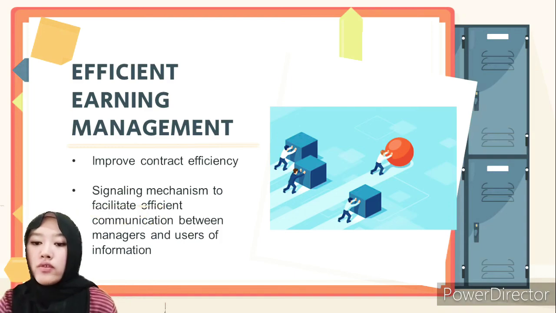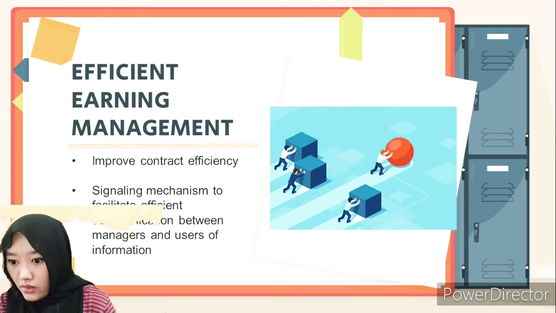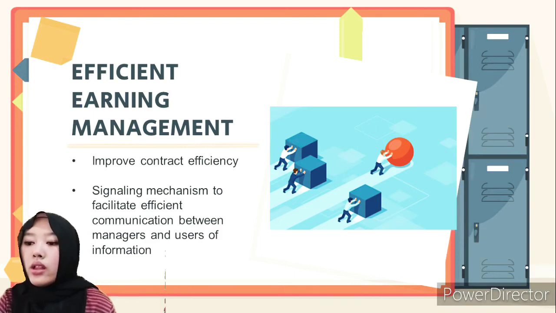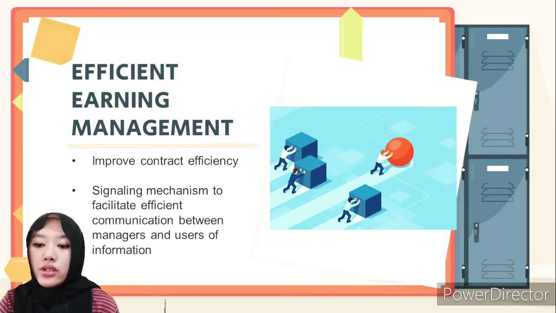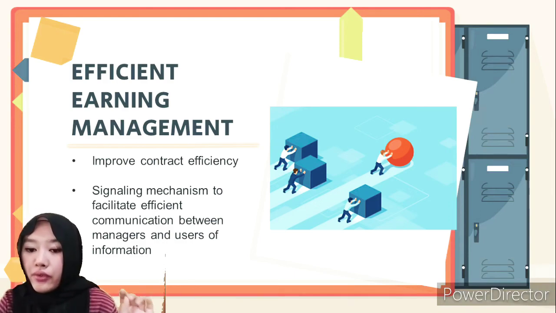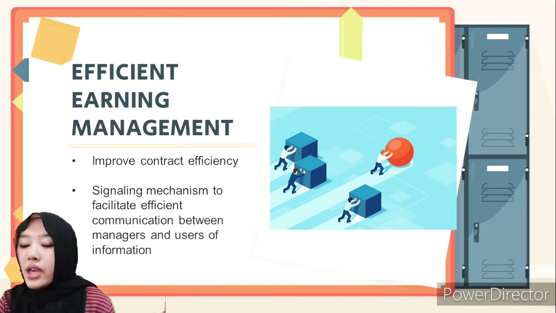From the point of view of signaling theory, the phenomenon of earning management is a form of behavior in which a manager will manage the earning to disclose internal information related to the company's prospects that will function as a process of providing information to the market, or we call it a signaling mechanism. With this earning management, the manager might be able to influence the prices through creating smooth profit and growth over time.